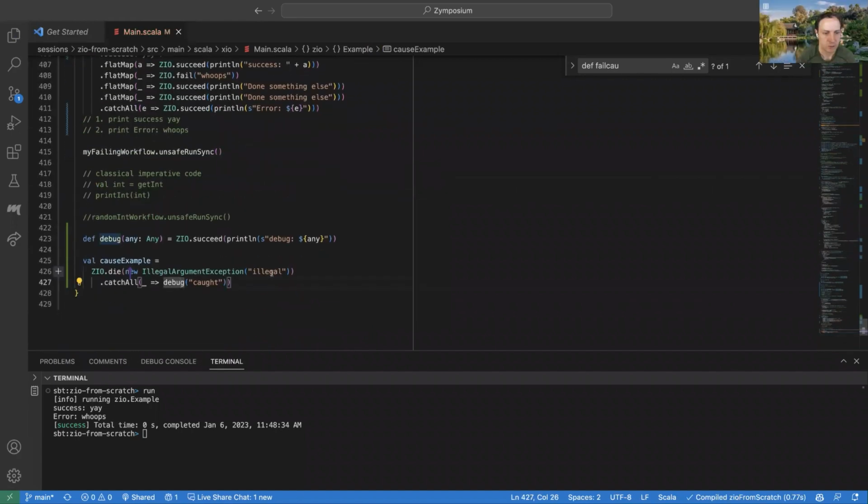All right. So our expectation now is that this caught is never going to be printed. And the reason for that is that this is just a catch-all. It's not a catch-all cause. So it only is going to recover from those typed failures.